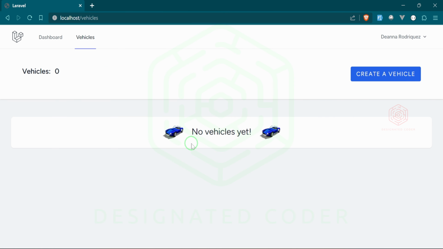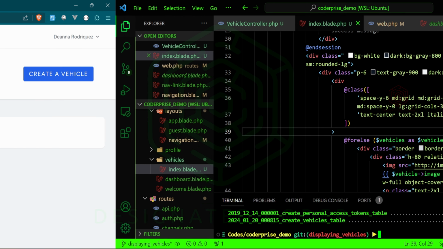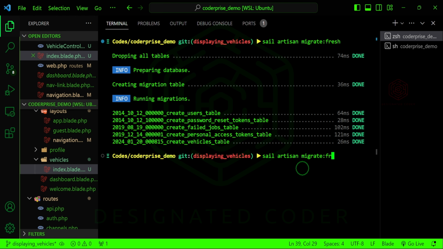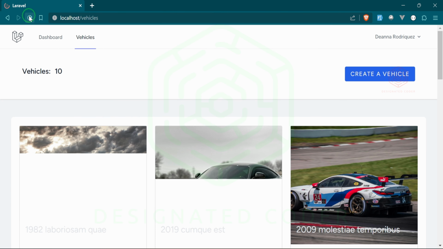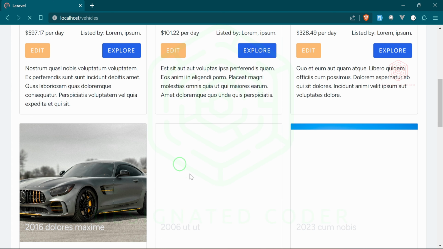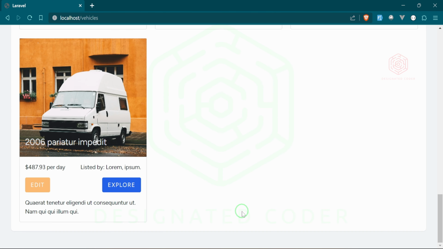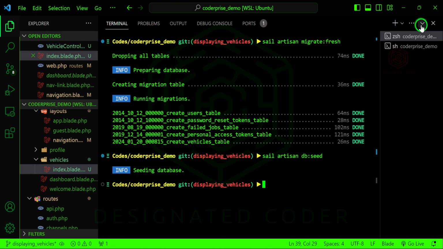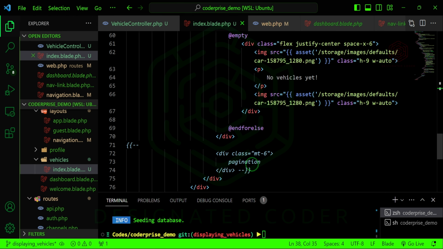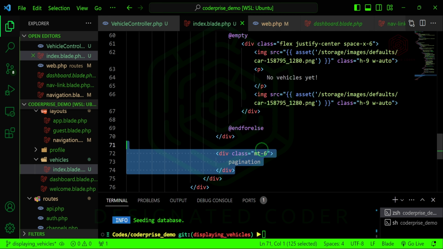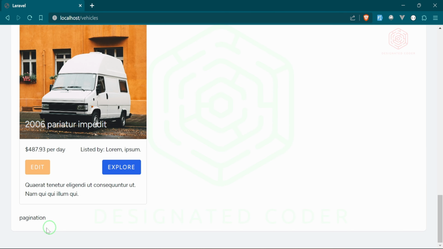Let's try that. Now you can see it's now in our center. Let's go see if our styling has changed now with actual vehicles. So let's see the database again. Our styling hasn't really changed all that much, and we are good. Let's fix our pagination. I want to see where it lines up on the page, and now it is currently at the bottom like it's supposed to be. The other thing I want to put is if there is pagination,